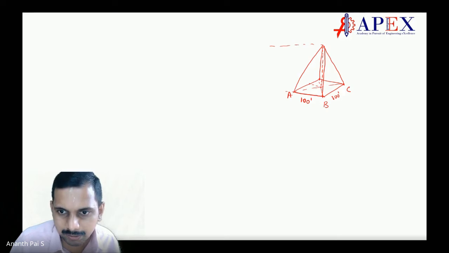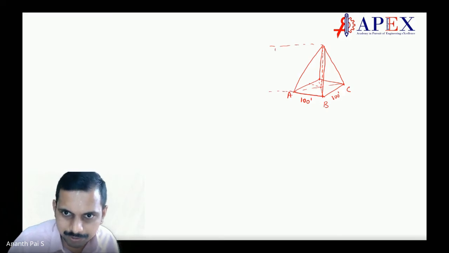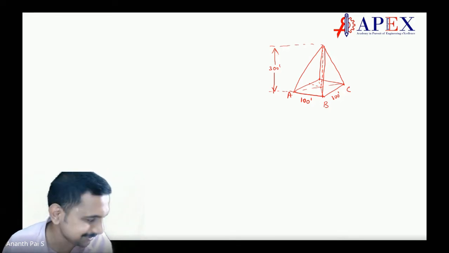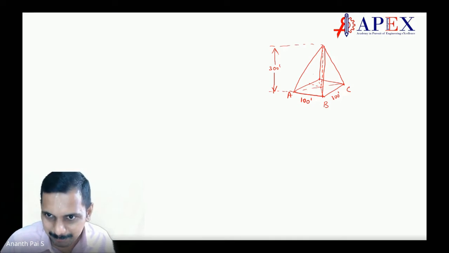Big pyramid, I think it is from Egypt only, because a 300 feet pyramid is from Egypt only, is it not? So this is an Egyptian pyramid. I don't know which pharaoh it is. Pharaoh, I don't know how to pronounce it. So I don't know which pharaoh it is.